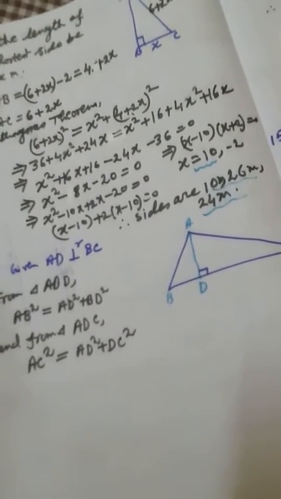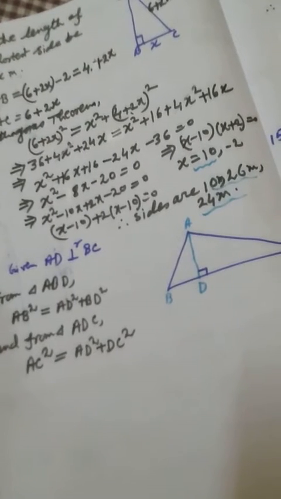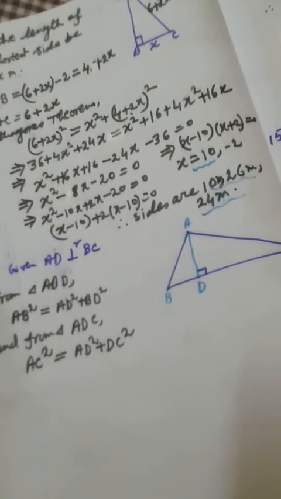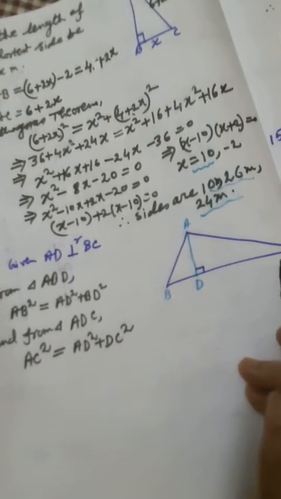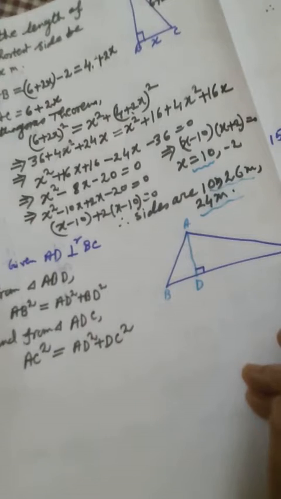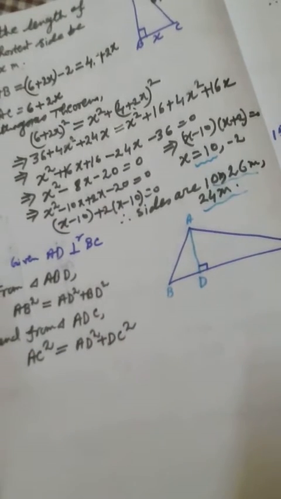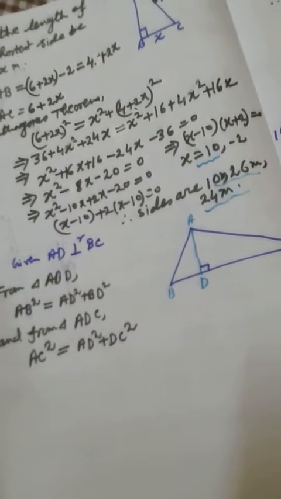Next is sum number 10. Sum number 10 says, in a triangle ABC, AD is perpendicular to BC. Please do not take an isosceles or equilateral triangle. You take a scalene triangle. If you draw an isosceles or equilateral triangle, that becomes a specific case. We have to prove in general. So you take a scalene triangle, right?